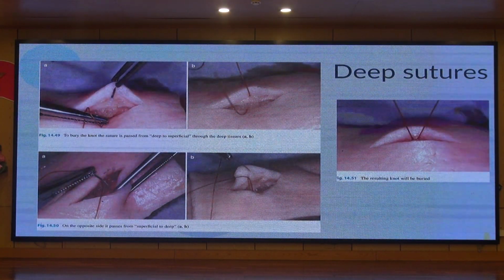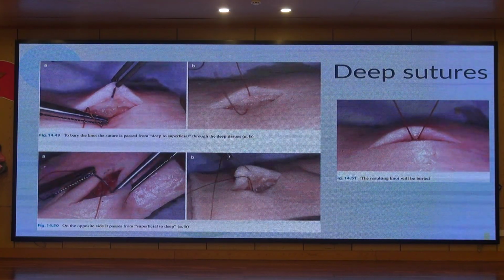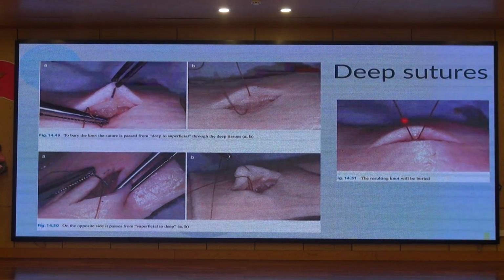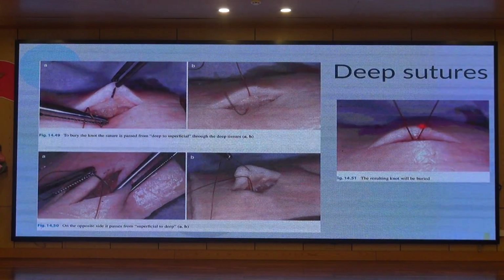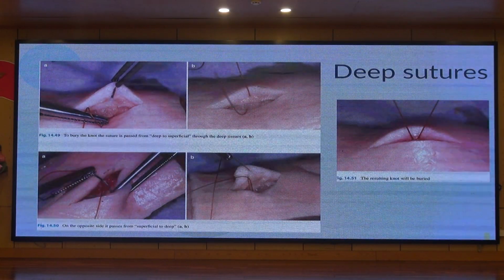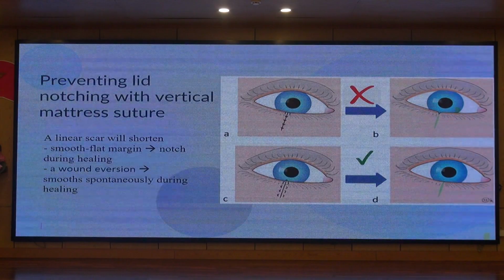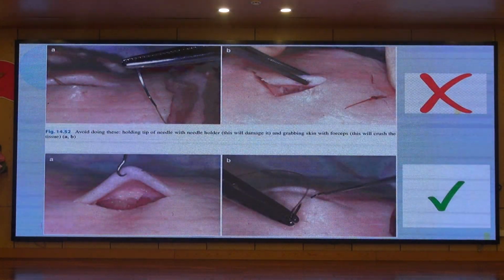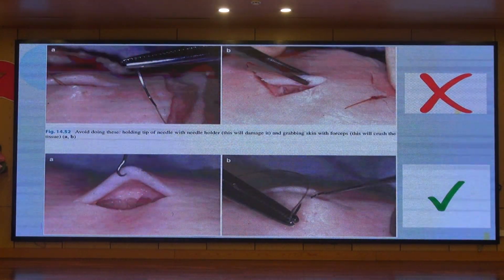So why do you have to have this deep suture? Because if we get a good deep suture, we don't have to put much tension on the skin, and then we don't have the cross-hatching like we saw before. And then when you close the skin,